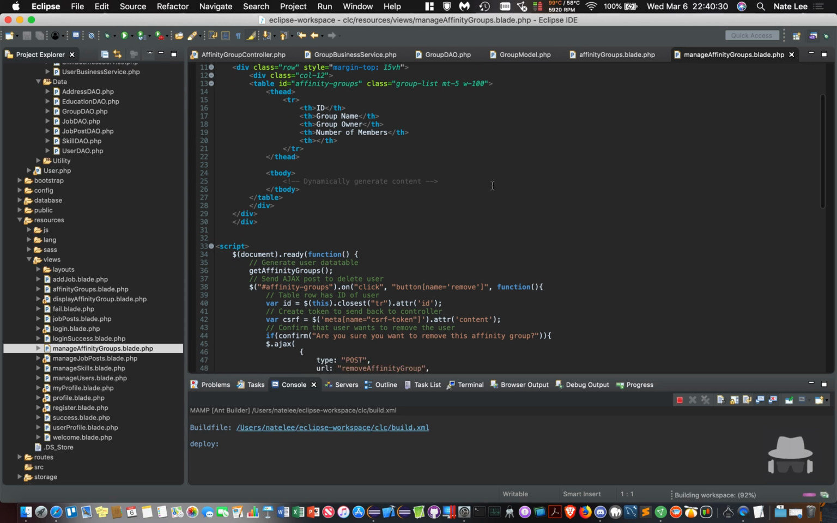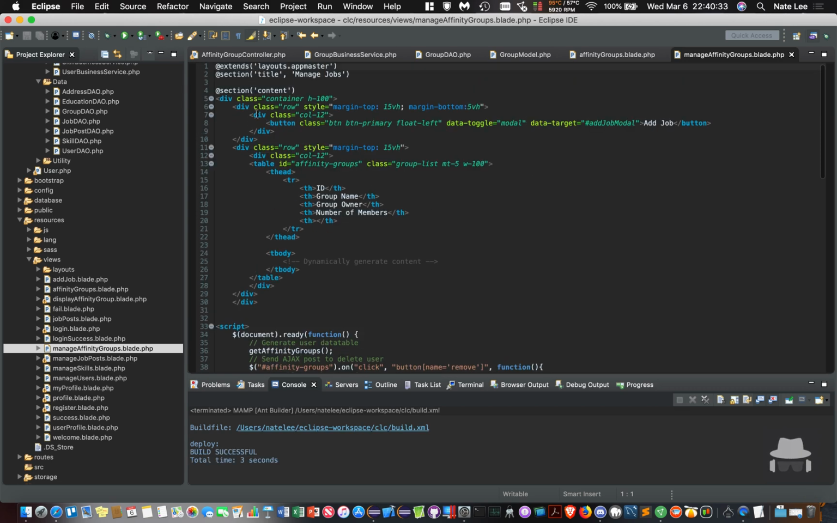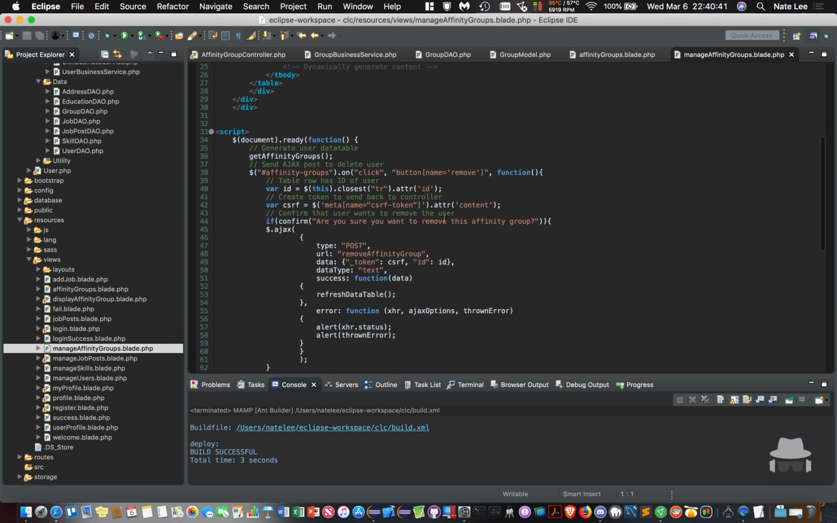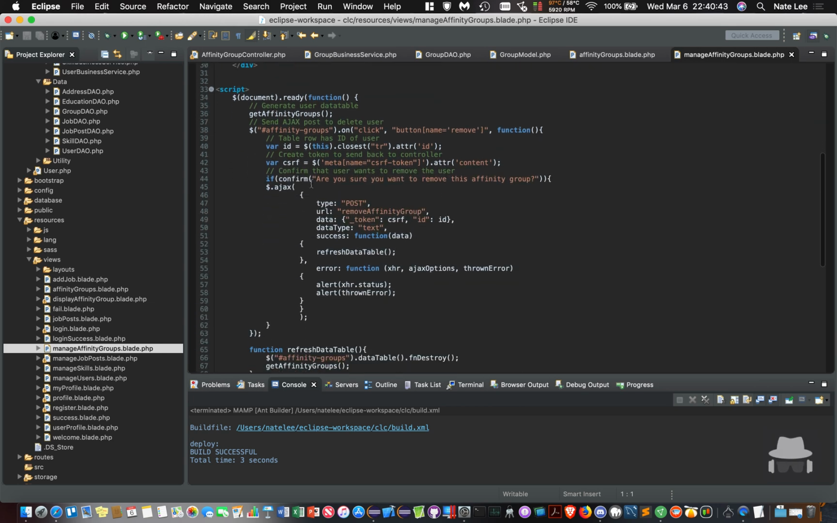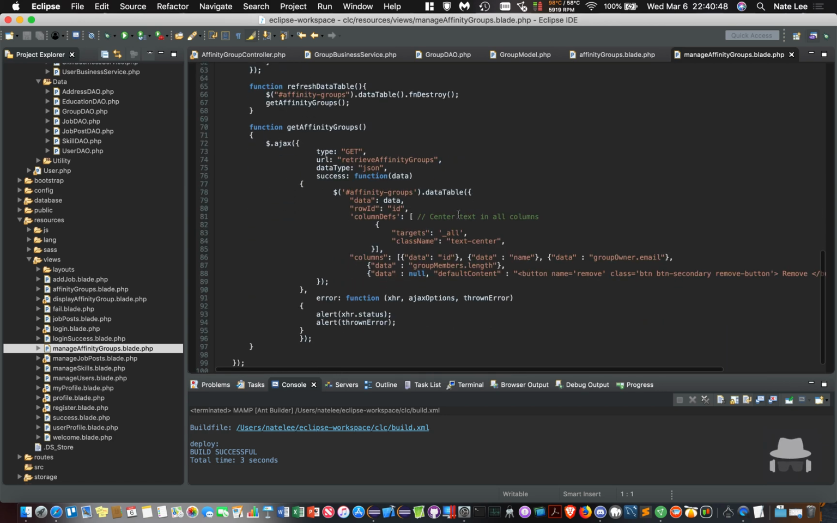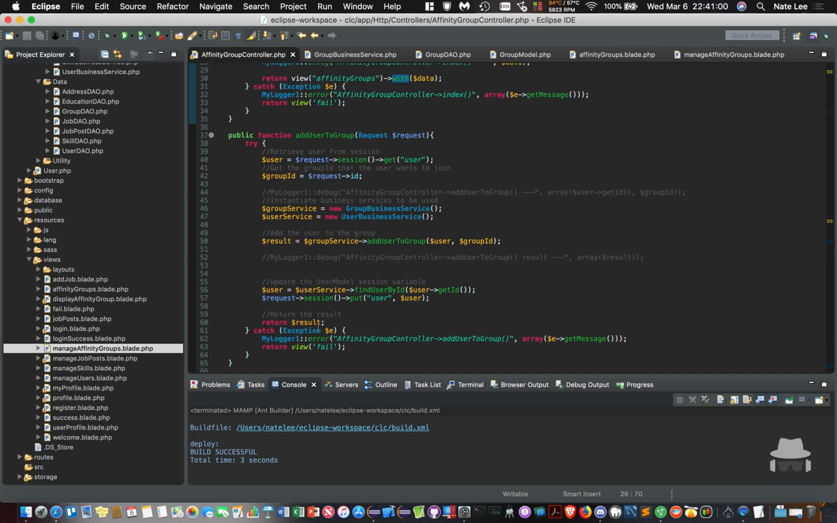Yeah, so this is the manage affinity groups page. It does the same thing as the other manage pages, so I don't want to spend all day on this. It's just literally the same thing. So we just created a jQuery data table, and then it'll be get affinity groups. It'll be that function. So if you go down, we're doing a get request with the URL of retrieve affinity groups, and in the routing file, that will route it to, I think it's the admin controller,